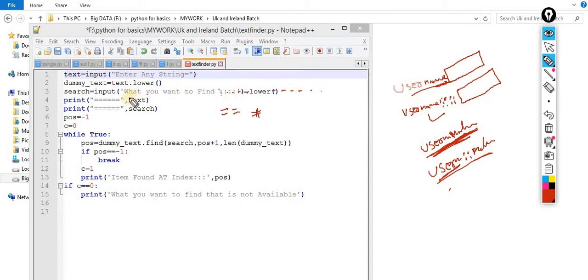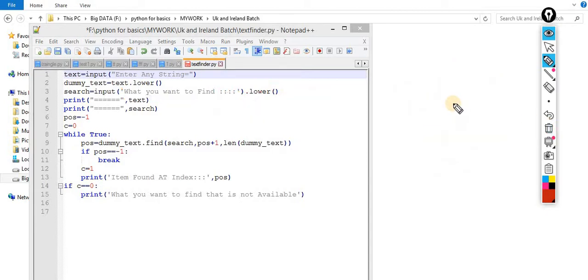Whatever is inside these quotes, keep this point in mind, that doesn't concern your logic, that is just the information message, the information that you want to display to the user. So this is only for information. It has no concern with your logic. The main logic is this one that you have to take care of. But this is for information, and things look better when I use this kind of thing. So try to adopt these things because it gives a feeling of professionalism.